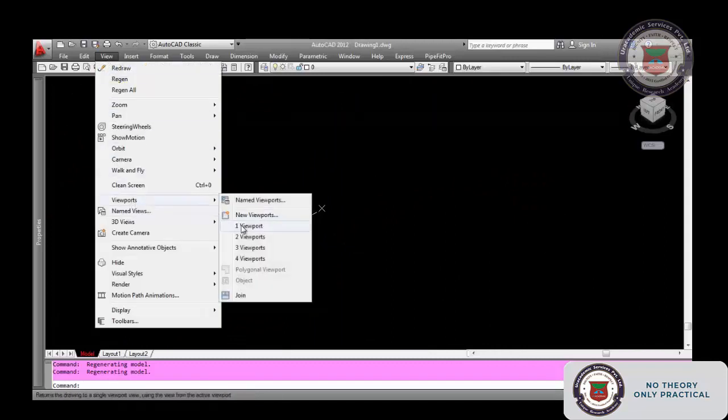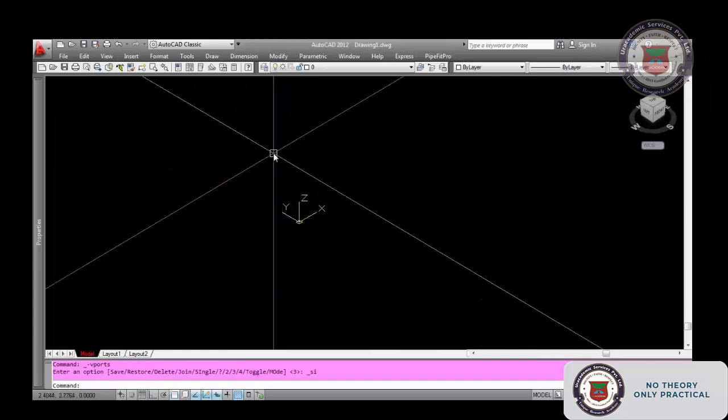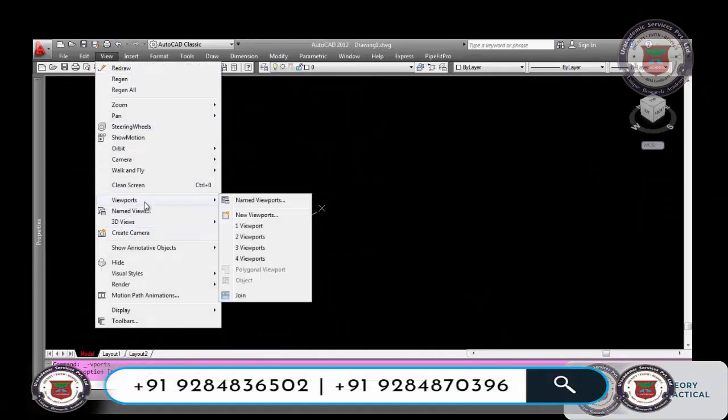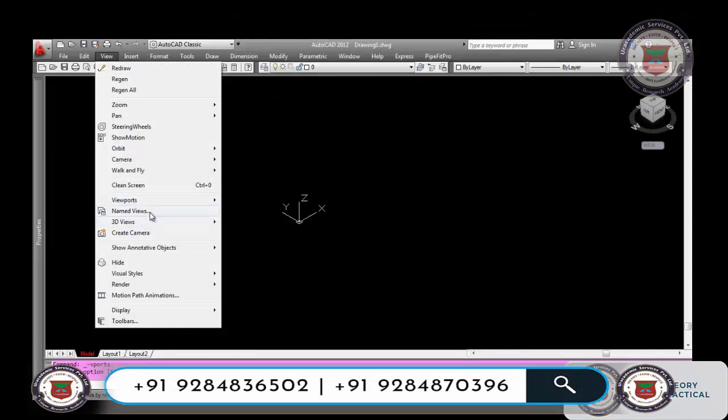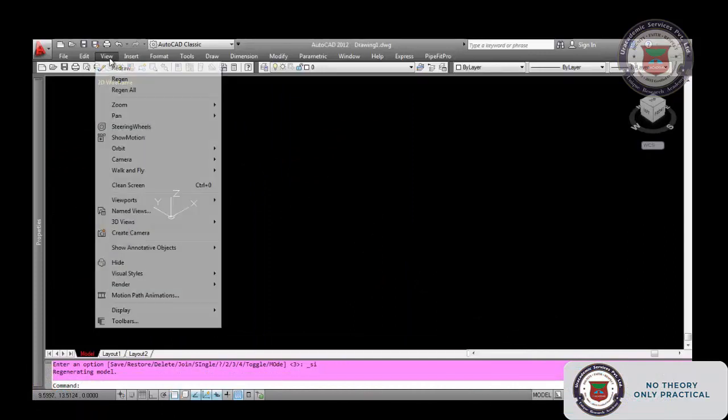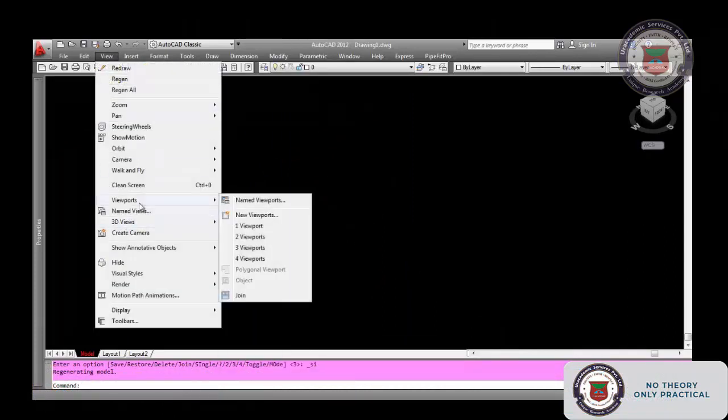Suppose whenever you do 3D modeling, you will have the AutoCAD viewports. Suppose you do AutoCAD 3D modeling, there is an equipment, you want to add something on the front view, and something in the back view.